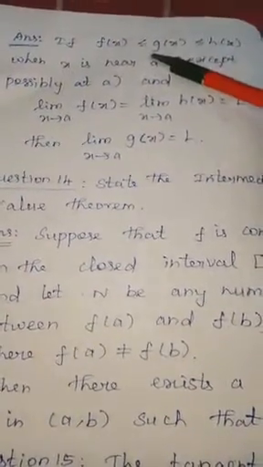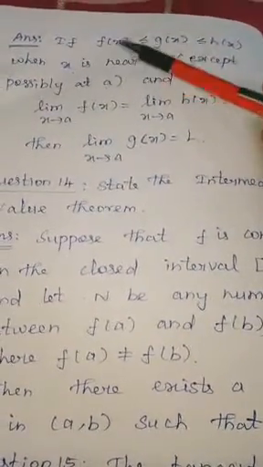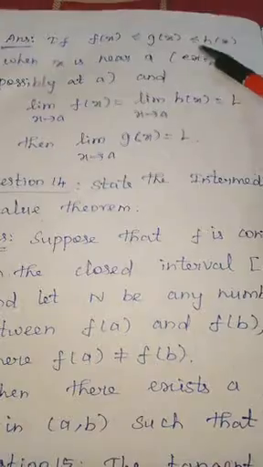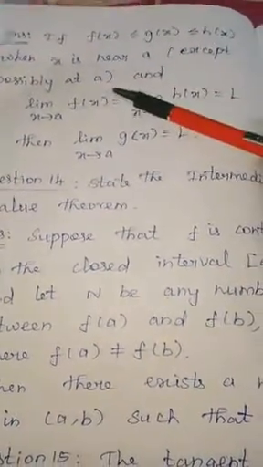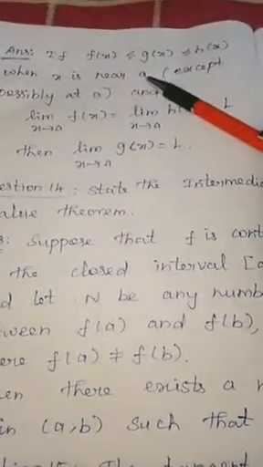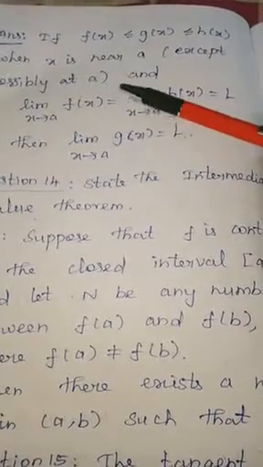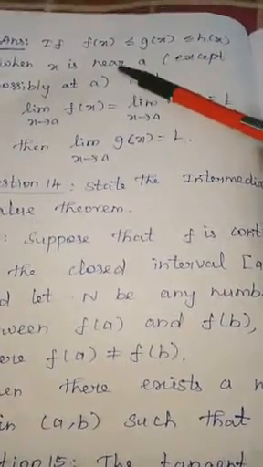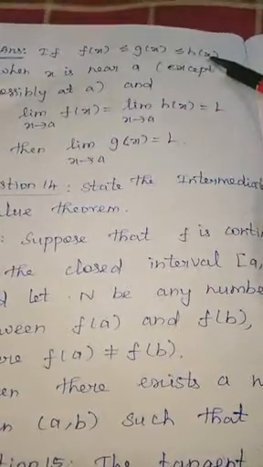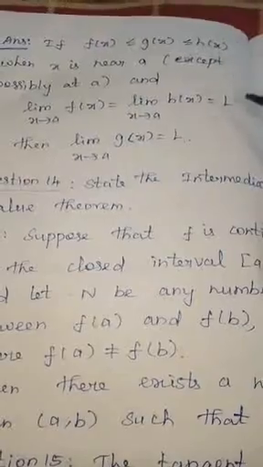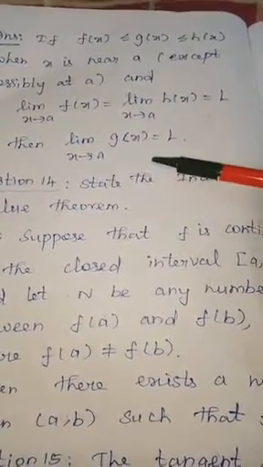அதாவது f of x less than or equal to g of x less than or equal to h of x ifனாலே கண்டிஷன். இந்த கண்டிஷனில் இருந்துன்னா when x is near a except possibly at a. x is near a னா aக்கு பக்கத்தில் இருக்க லிமிட்டாக இருக்கலாம் except possibly at a, ஆனால் a இருக்காது. அப்படி இருந்துச்சுன்னா limit x tends to a f of x which is equal to limit x tends to a h of x which is equal to capital L, then limit x tends to a g of x which is equal